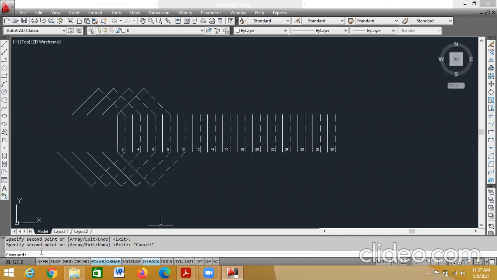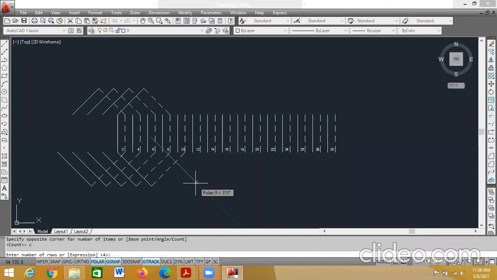So again, go for the array option. Select objects, select these. At a time I can do, because both are 15 only. I'm selecting this, press enter. What type of array do I want? Rectangular. So R enter. Count, C enter.